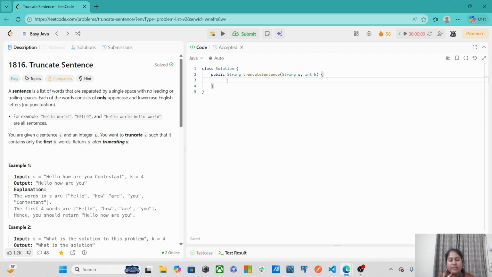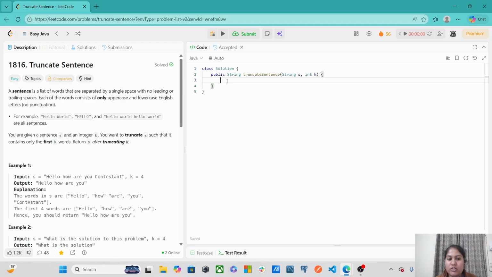And how will we implement it? Simple. We'll first take out the length of the string s. Now we make one count variable, let's call it space count, and we iterate through our string s. One by one, we take out each character c from our string s and check whether it is a space or not. If it is a space, then we increment our variable space count.